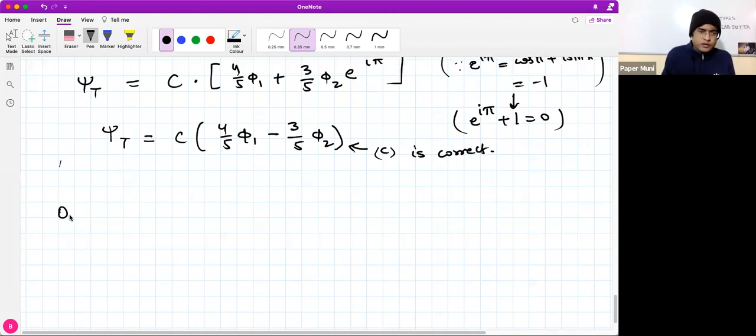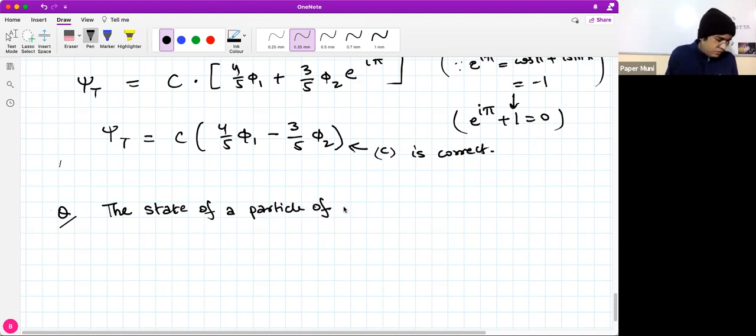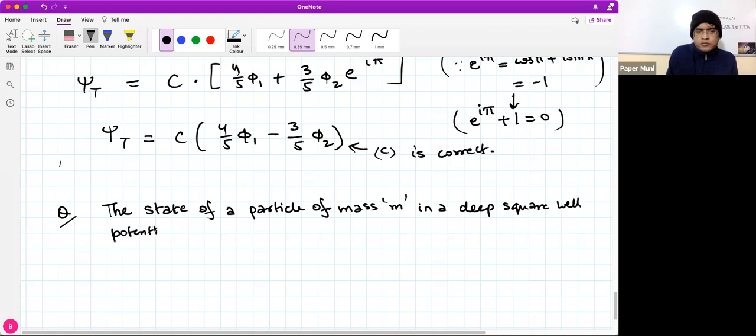It says: the state of a particle of mass m in a deep square well potential extended from x equal to 0 to x equal to L is given by